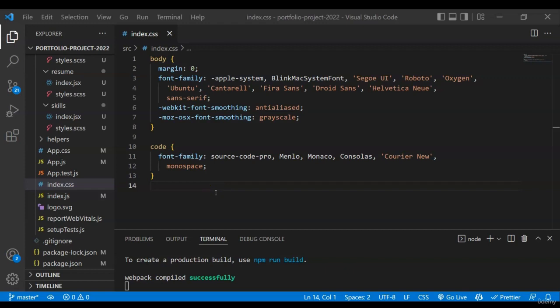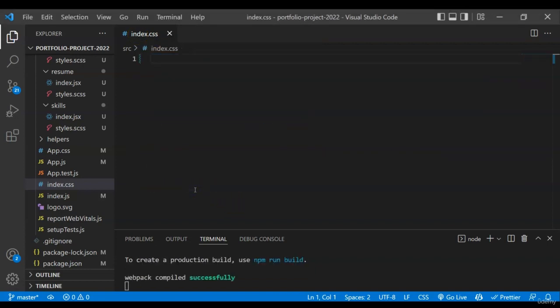Alright everyone, so now we have completed the routing. Now in this video we are going to set up the basic or global CSS that is required. So for that we have to go to this index.css. This is the global CSS file, and here first I'll just remove all of this, and then